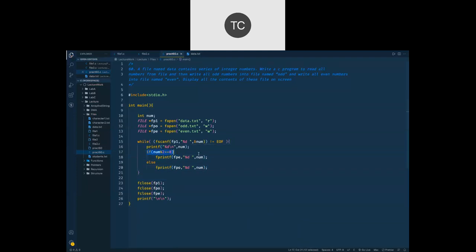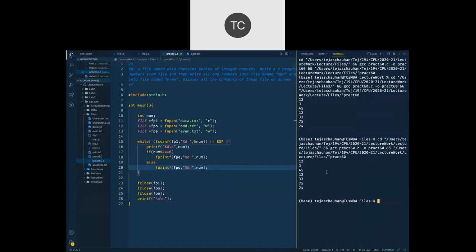So based on the number, whether it is odd or even, we are going to write that number inside a particular file, odd file or even file. Now we do not have those files here already, but W mode is going to create it. So once I run this code, I'm going to have those two files separately here. Okay, so let us save this code and run this code once.